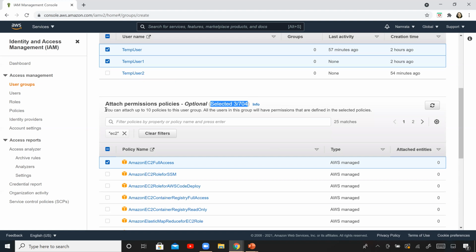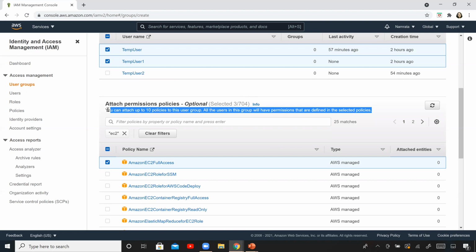Now I wanted to showcase this to you, that you can attach up to 10 policies to this particular user group. All the users in this group will have permissions that are defined in the selected policies. So remember that it's up to 10 policies right here.